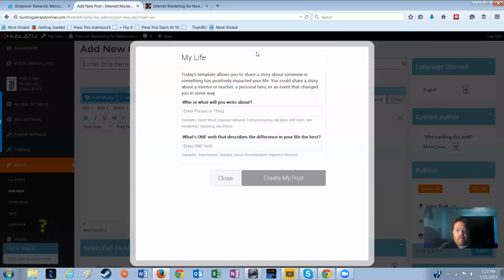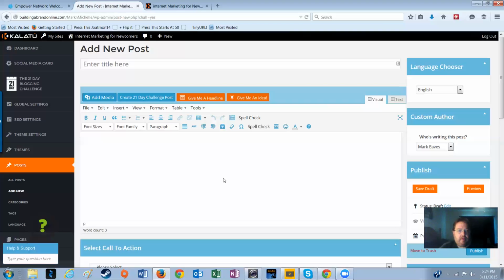But anyway, it gives you templates every day and suggestions on what to write. Like today, it wants us to write about something that happened in our life, somebody that's impacted us or helped us, and what that is. If you don't want to write on that, if you really don't feel that that's a good blog for you, and you don't know what to write on,